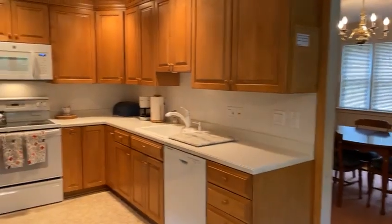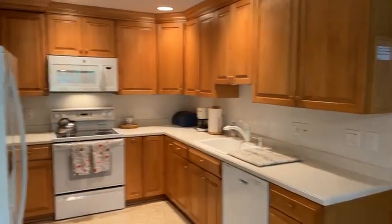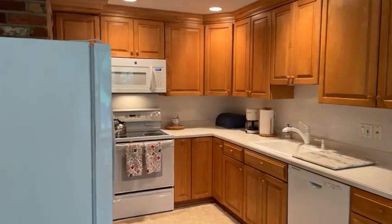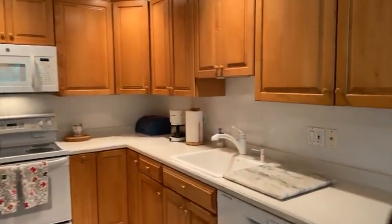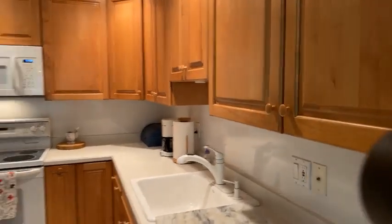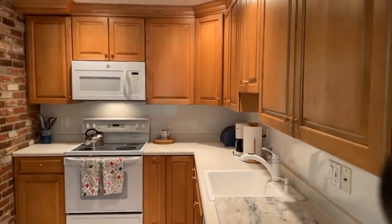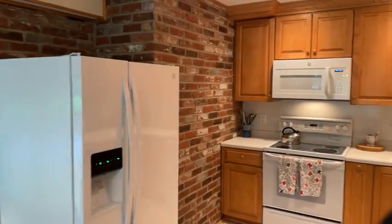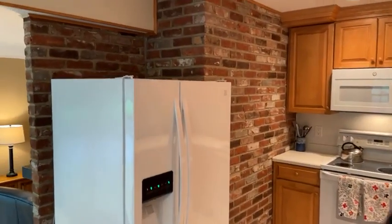And then we've got a kitchen. Now, the Bradford is not the largest kitchen, but let me tell you something. First of all, I have this exact kitchen, and it's great. It's plenty of counter space, plenty of prep, plenty of storage. And then you get the back side of the fireplace, so you get a brick accent wall in your